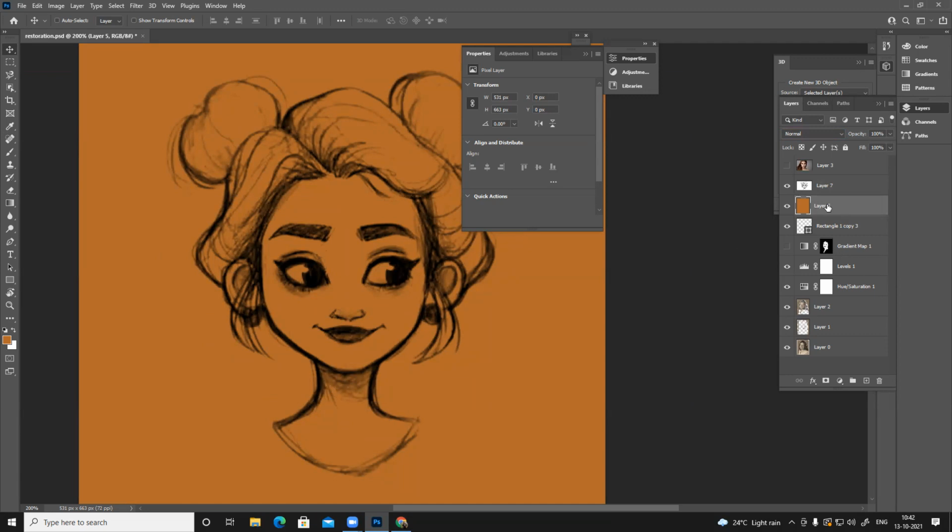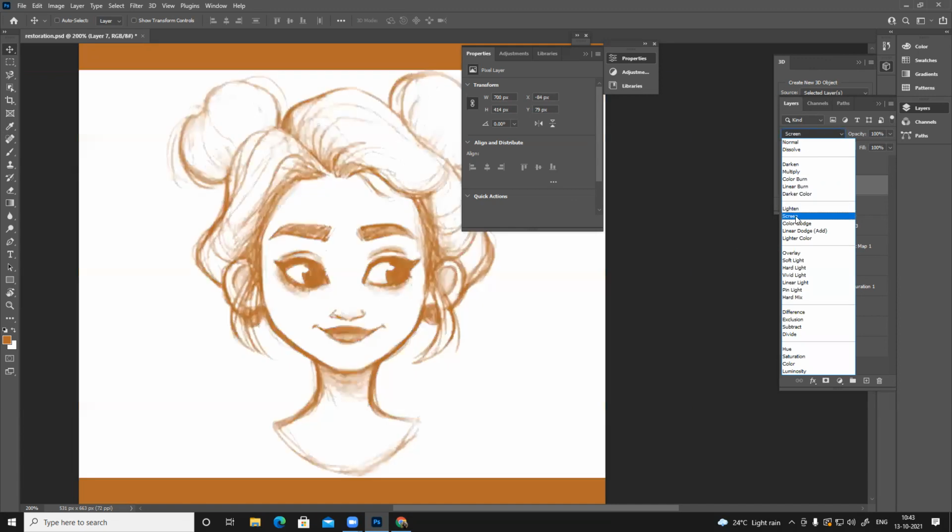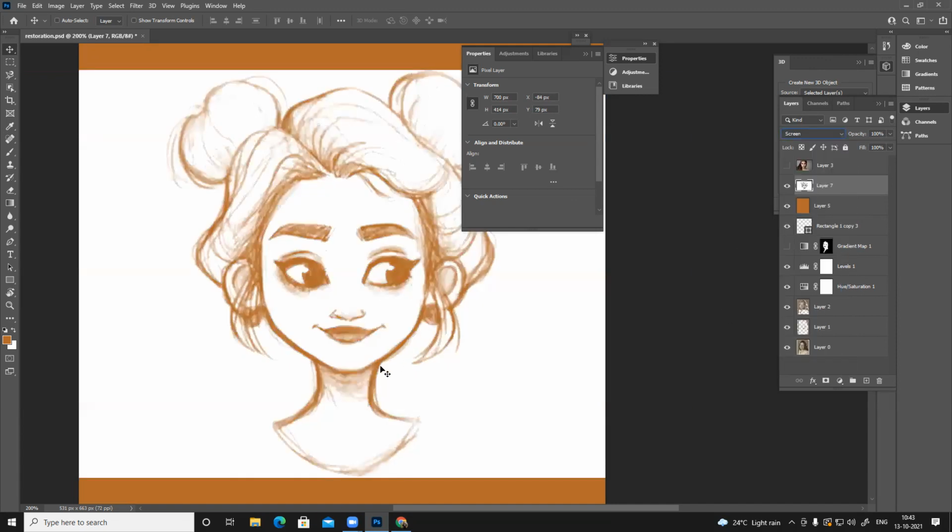This is a solid color, no blending, nothing. I want only and only the outline. That's what you want, right? So you just have to multiply this. But in case you have something white and you want to show only white, you have to use screen. There is a mode called screen also. So you can see all the black lines become this color. Those are different blending modes, and that is something we'll do later.